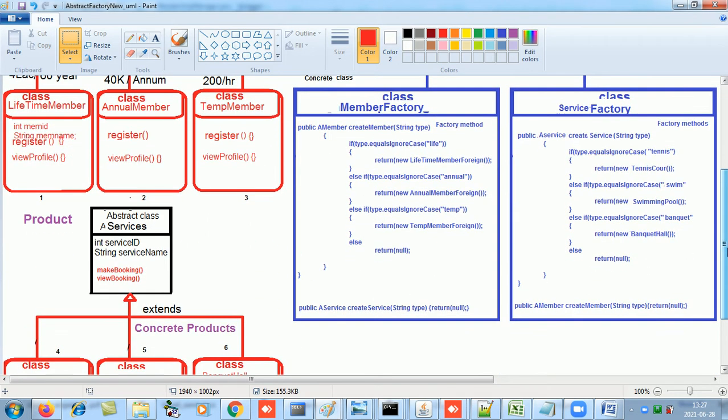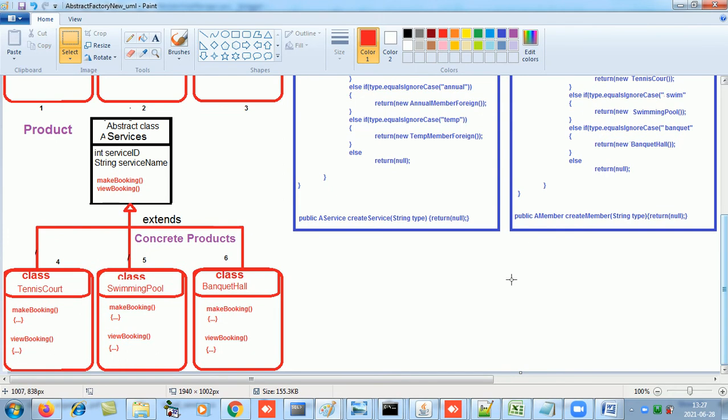Now I have one more abstract class by the name AServices, which will give me objects of each type of service the club is providing. The club is providing a tennis court, a swimming pool, and a banquet hall. This abstract class has a service ID, service name, and two methods, make booking and view booking, which will be overridden in these concrete classes.